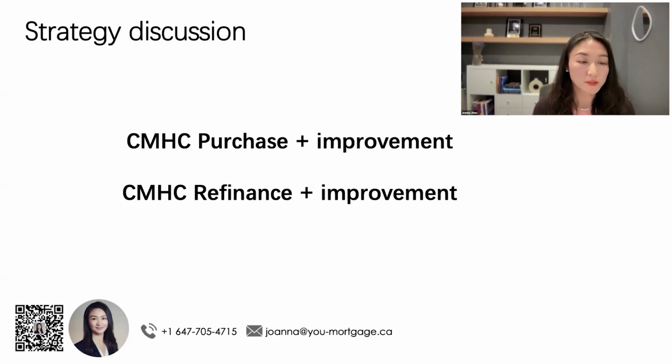So you can consider using this refinance plus improvement combined with some currently available programs, let's say MLI Select. We can still use energy efficiency, getting 50 points before September this year. And for some other cities, if you are in Alberta, you can still get good utilization of affordability there, because affordability works quite well in Alberta.